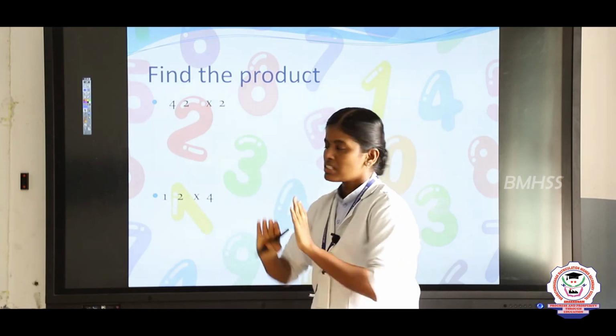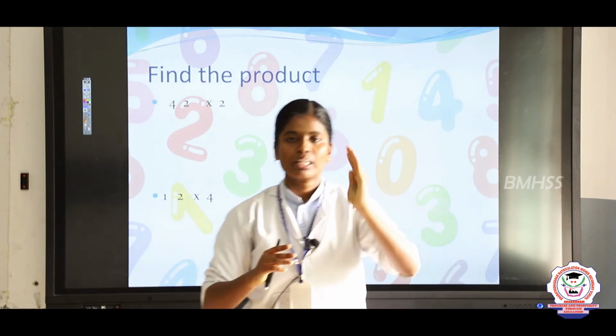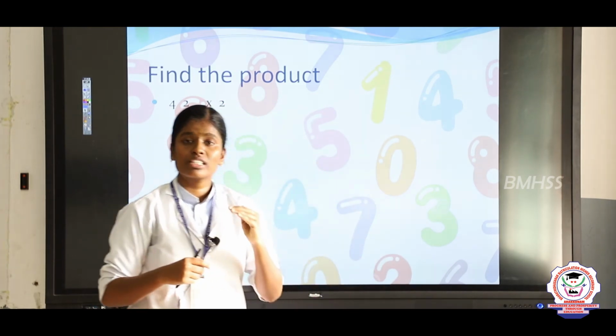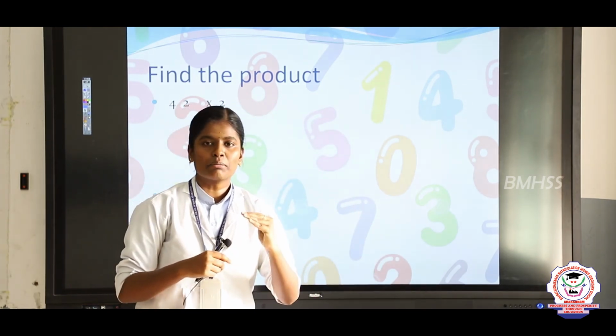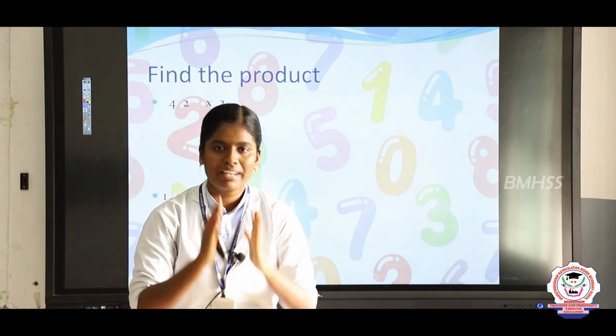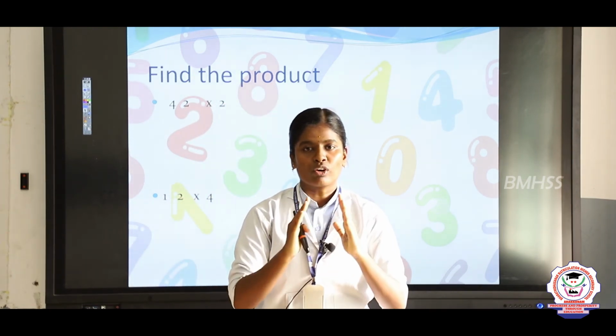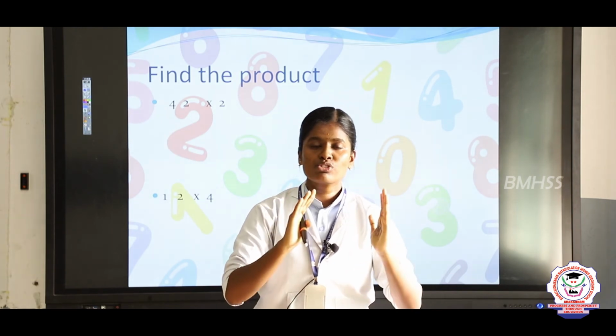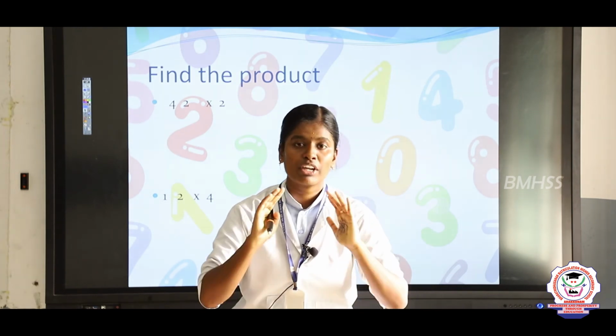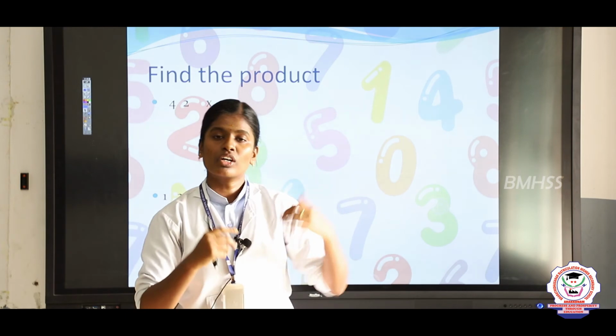Here we are going to see the 2-digit number multiplied by single digit number. So first you are going to write the place values. Okay, so why is the place value important? Because the place value is used to classify the numbers, to decide which number to use based on the question.